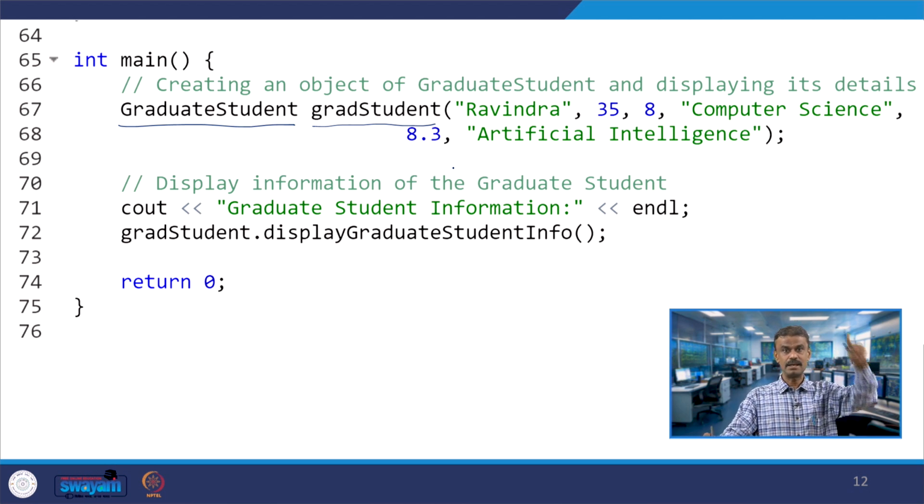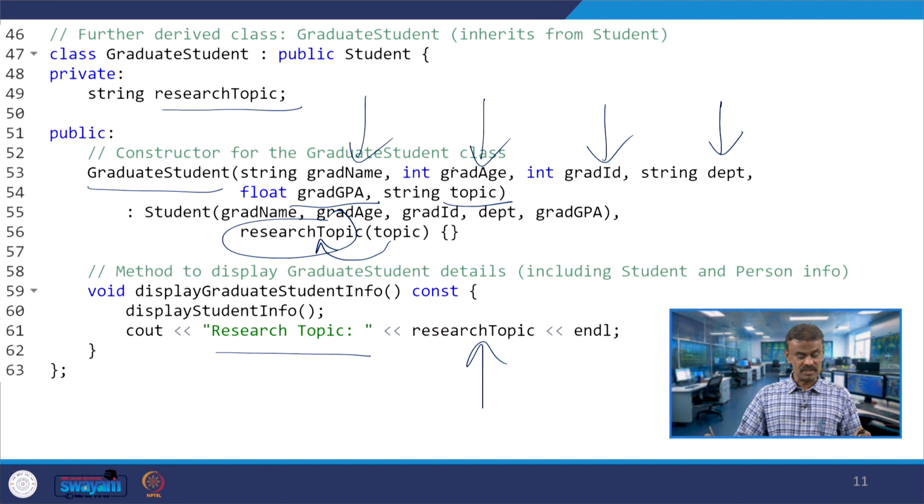First initially 3, then 2 are added, and finally for the graduate student 1 is also added. When you pass this, your graduate student constructor will be called, and then this will call the student constructor. The first 5 parameters, graduate name, age, ID, department and graduate GPA, will be passed for student.